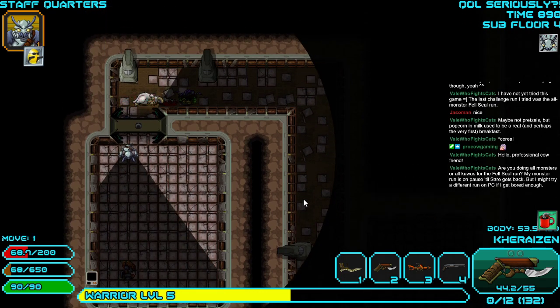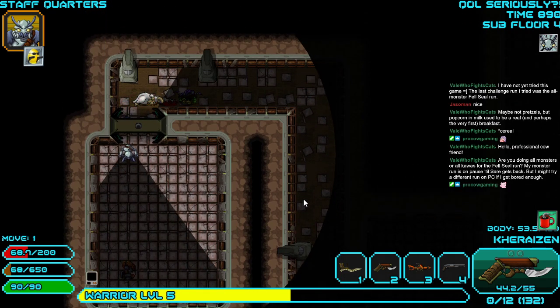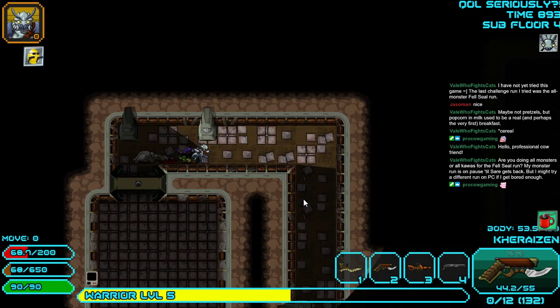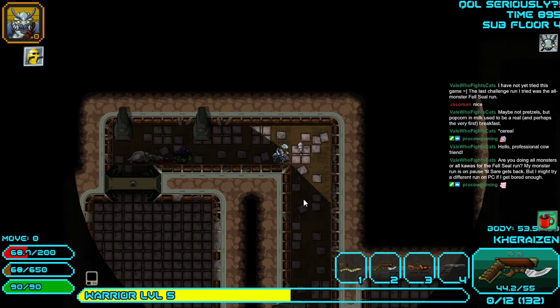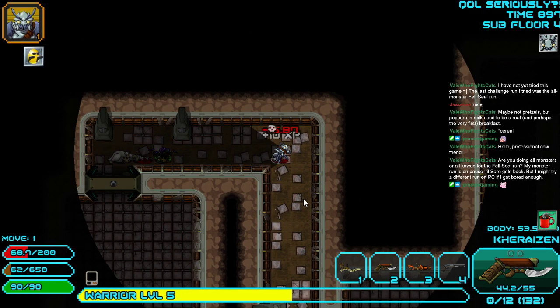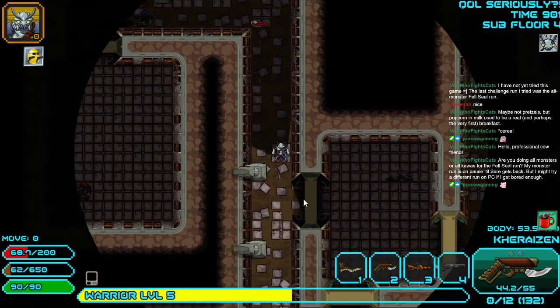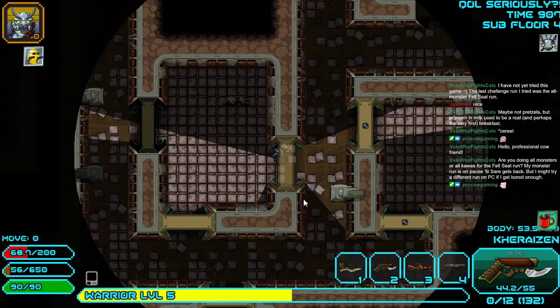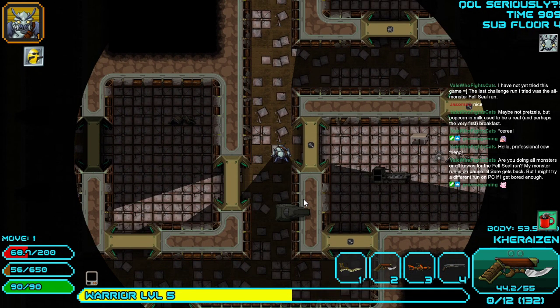Alright. Are you doing all monsters or all cowas for the Fell Seal run? Monster run is on pause till Sir gets back. Might try a different run on PC if I get bored enough. I don't know, which do you think would be more fun? Because like I said, on Wednesday I'm planning to continue the Fell Seal, or the regular Fell Seal run, and